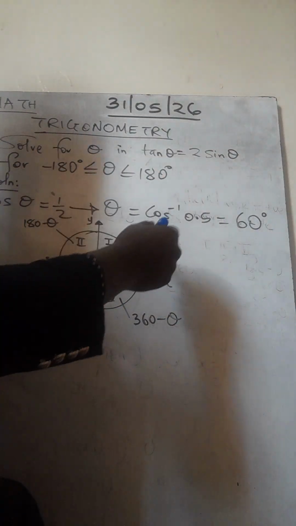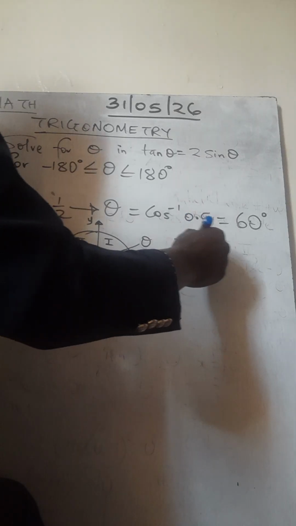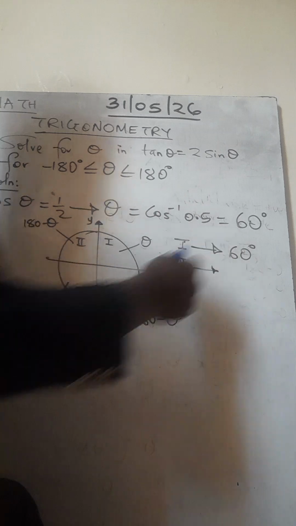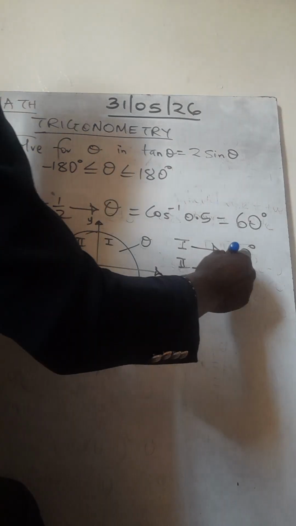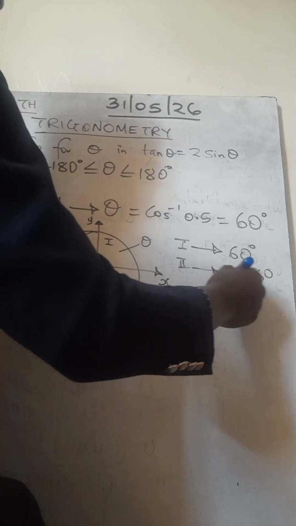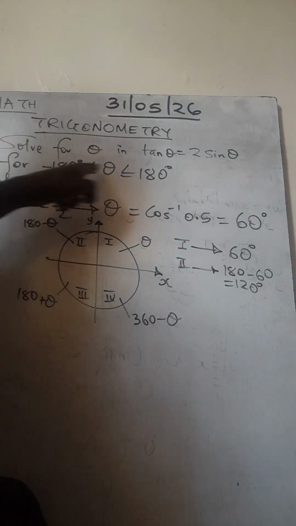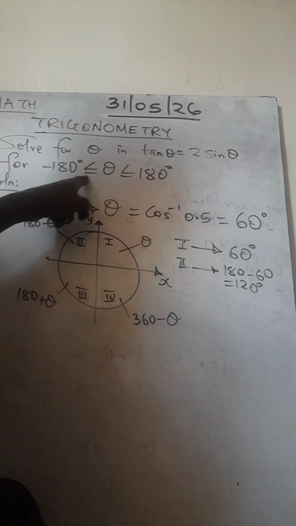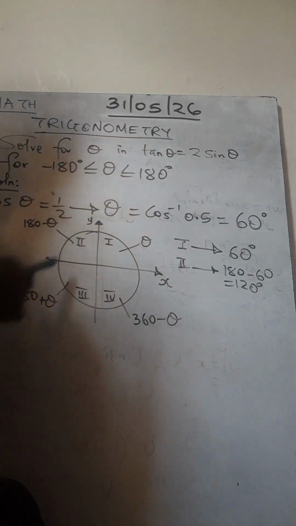So in the first quadrant, we only have theta, which is 60. In the second quadrant, we have 180 minus 60. So 180 minus 60 is 120. 120 is within this range. So yes, 120 is within this range. We'll keep that one. But now the problem is that in the second quadrant,